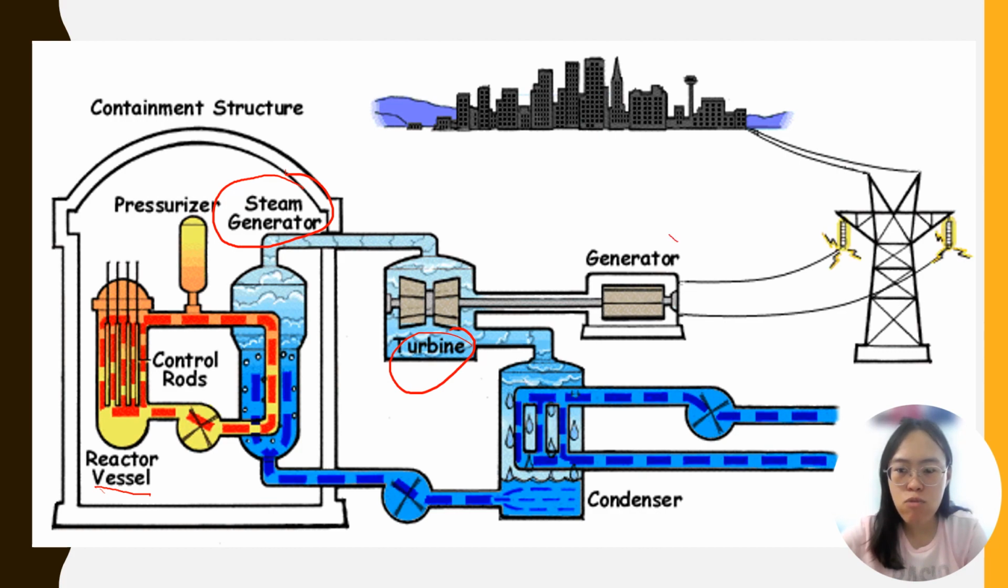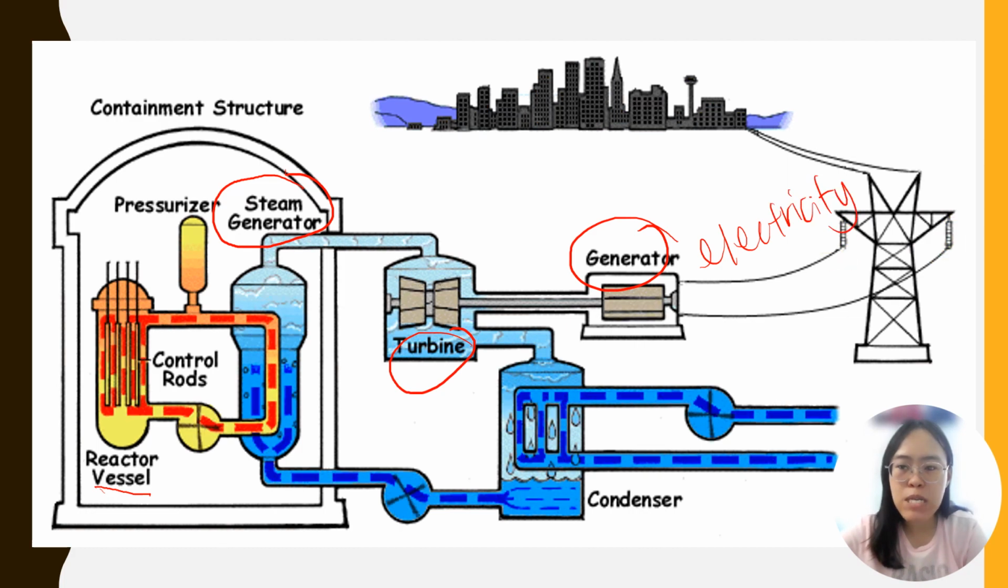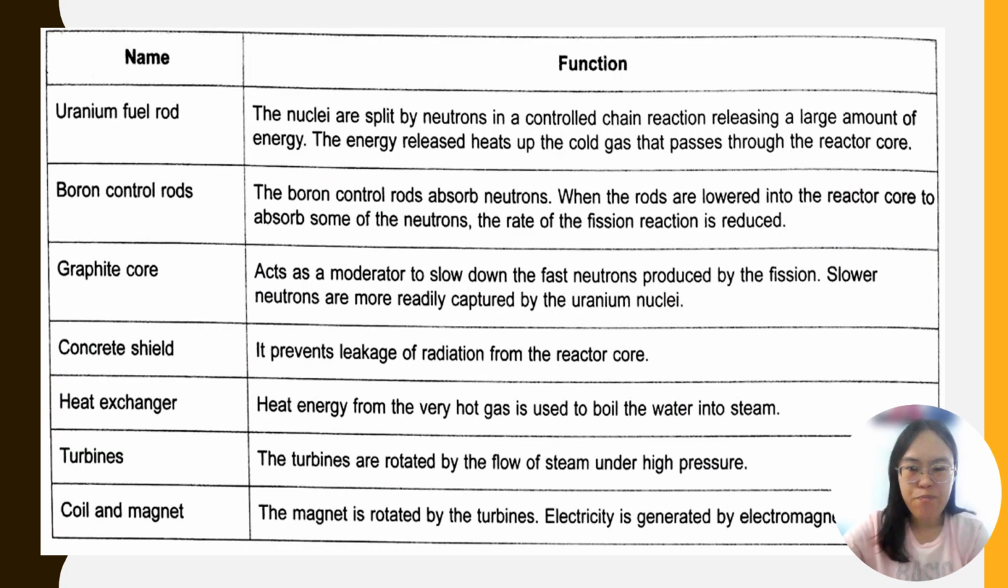OK，then 我们就有这个 steam generator，then 我们有 turbine and this turbine is connected to the generator and this generator will produce the electricity which will be supplied to the city for the household uses. OK，所以这个就是我们整个 what is inside the nuclear power plant。我们有 uranium fuel rod，我们有 boron control rod